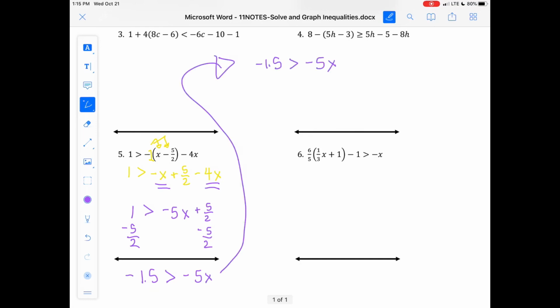All right, so now I want to get x by itself. I'm dividing both sides by -5. And when I do that, I'm dividing by a negative. I'm going to switch my sign, and -1.5 divided by 5, Desmos is going to tell you, is 0.3, is